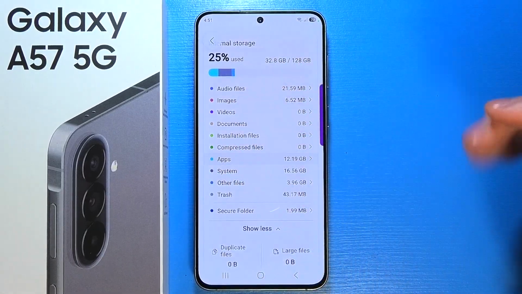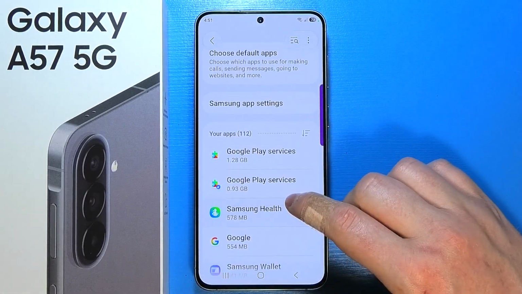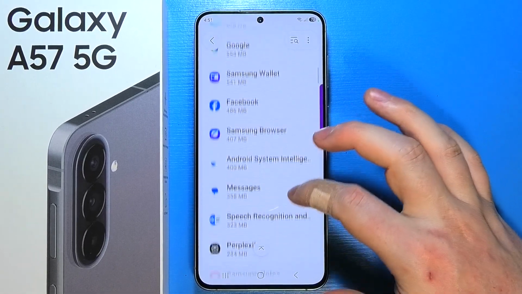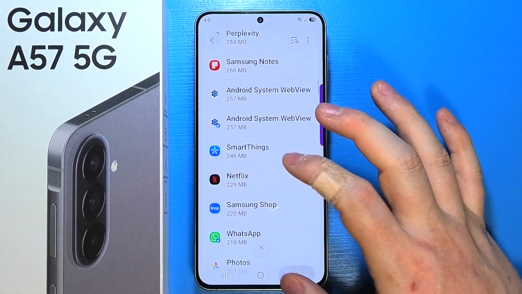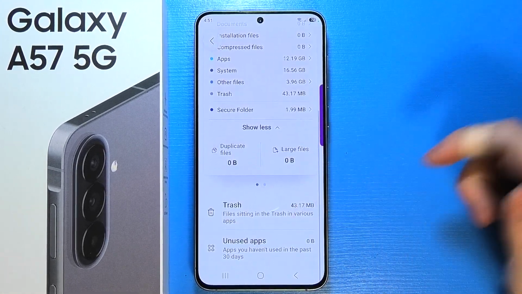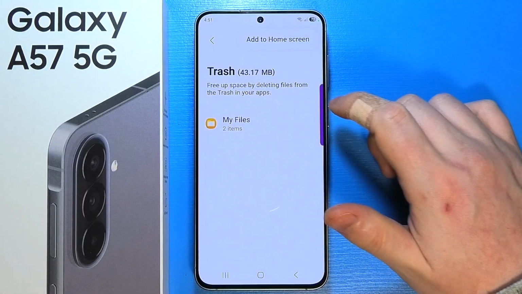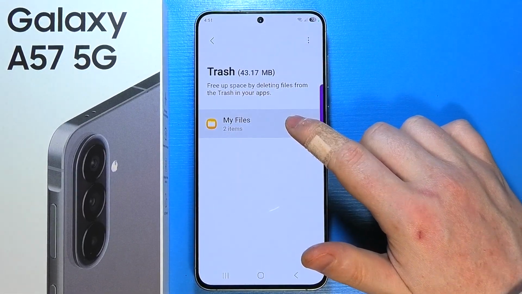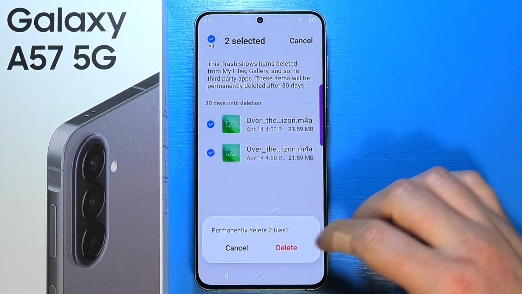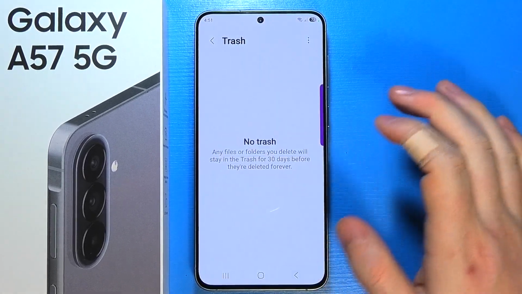You can go for apps instead and then try to remove apps that you haven't used or you're not using. Just pay attention to those apps and try to remove everything that you don't need. Then there's a trash on the bottom right here. Make sure that you empty your trash whenever you're here, just to free up this additional space on your phone, because if you have files in the trash, they will last there for 30 days,